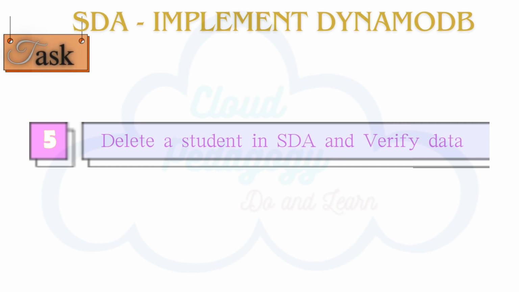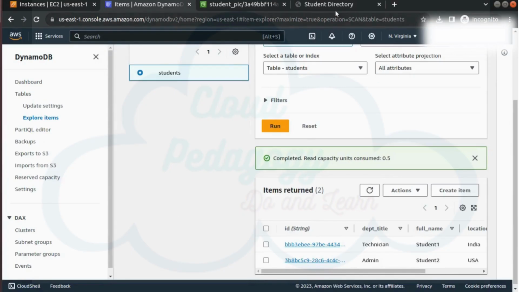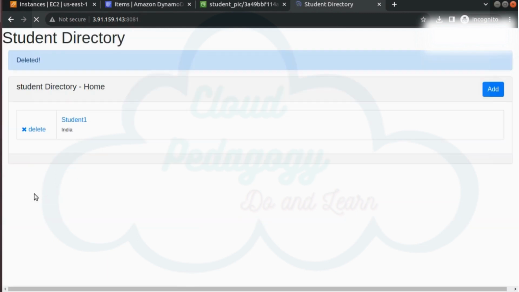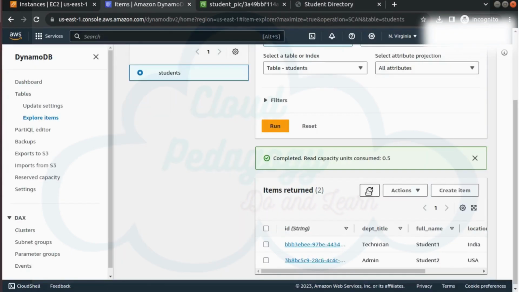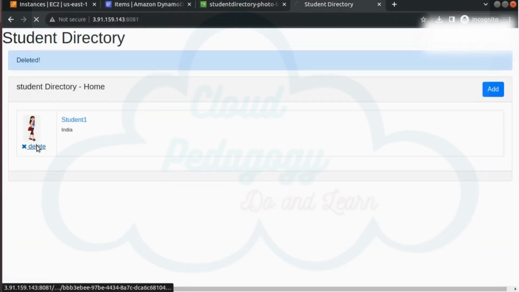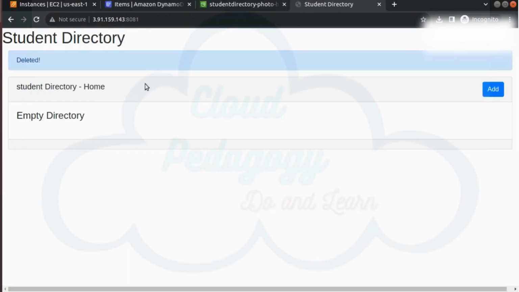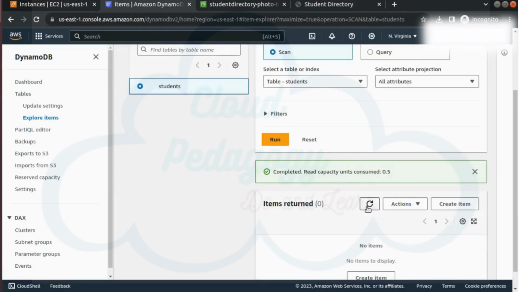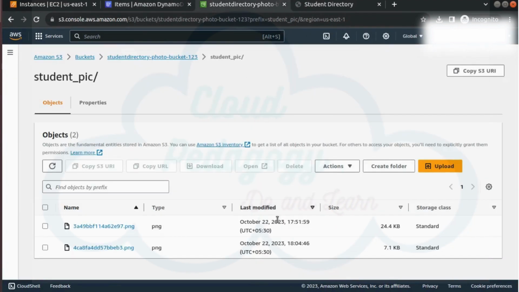In task 5, we will delete the student record and verify the same in the DynamoDB table. Click the Delete link under the image to remove the record. So go back to the table and refresh the items. The item is no longer in the table. Let's verify the